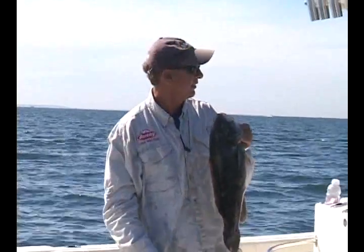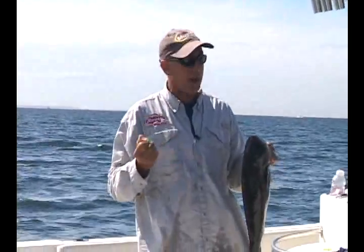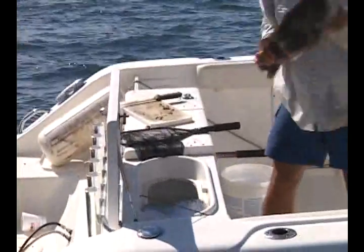Andy, did that jig swim when he hit it? He picked up the jig, he lifted about at least a foot off the bottom, and I lost all the weight, and I just swung. When in doubt, swing. When in doubt, bring him home. And the old adage,